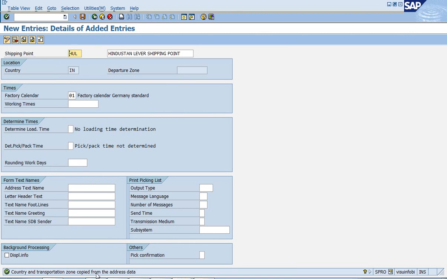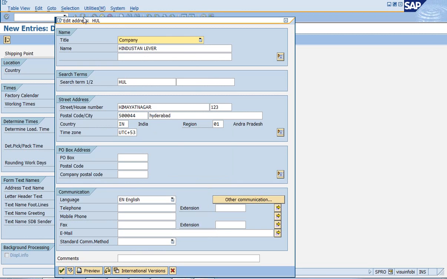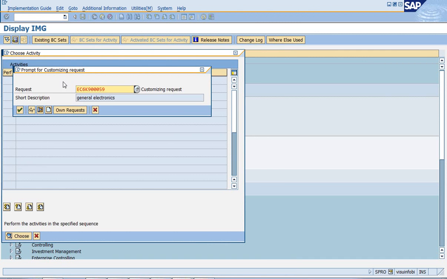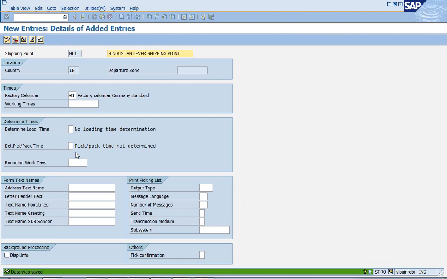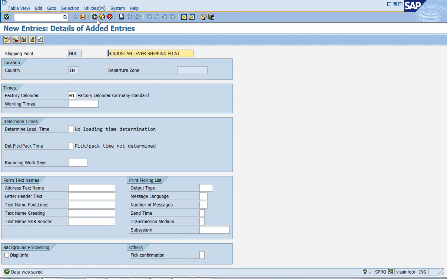Country and transportation zone, copy from your address data, not a problem. Save. So the prompt request is getting generated. Click on continue. That's it. So your shipping point has been created.